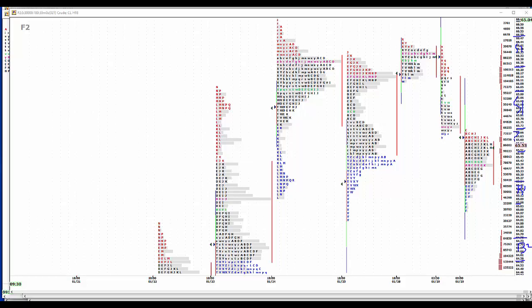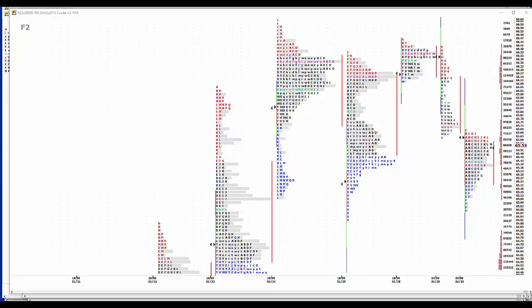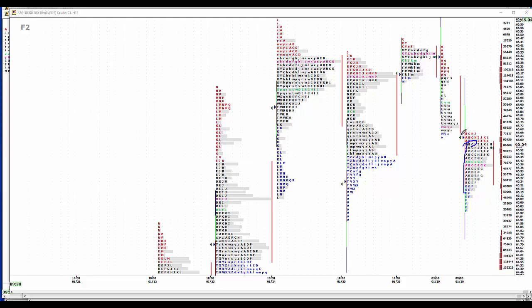Well, Scott, the market opens and it runs straight up to the moon. That is a P put in the regular way that you'd expect it. Good buying off the opening. You're just buying all day long there. Market opens lower, then sells and then finds buyers put in below. I mean, when you look at the shape of the screen right there, you're looking at a B or a P. So the market opens, it drives lower, finds buyers,